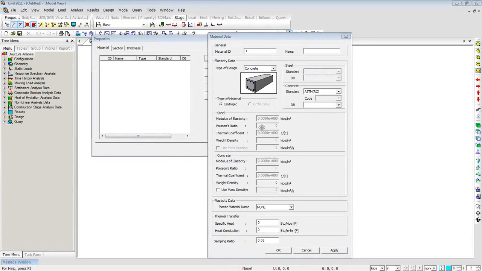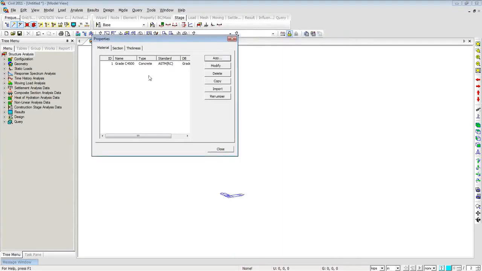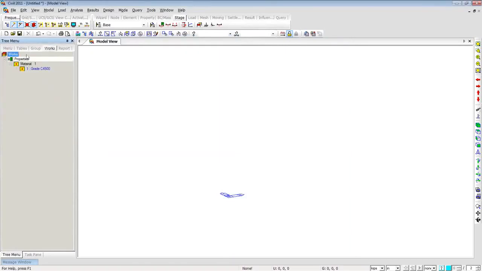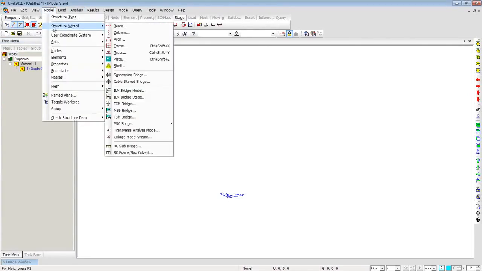and I'll select grade 4500 concrete and click apply. So in this way you can easily define the material properties. Then you can click close here. I'll switch to works tab and then go to model structure wizard and select reinforced concrete frame or box culvert wizard,